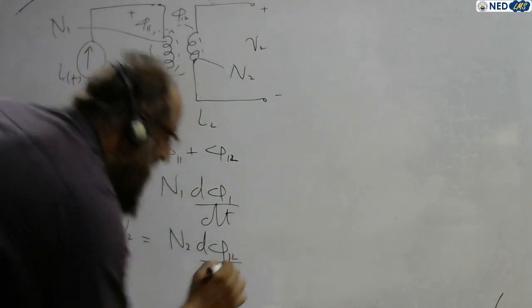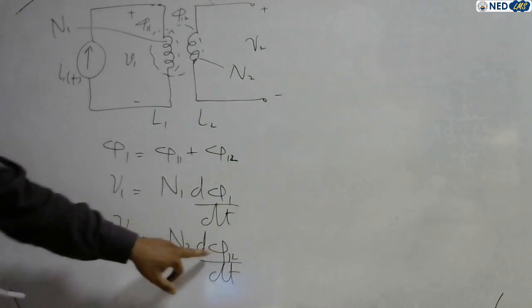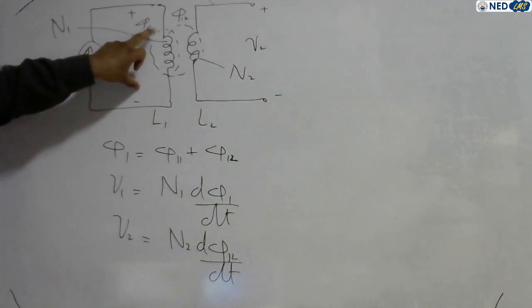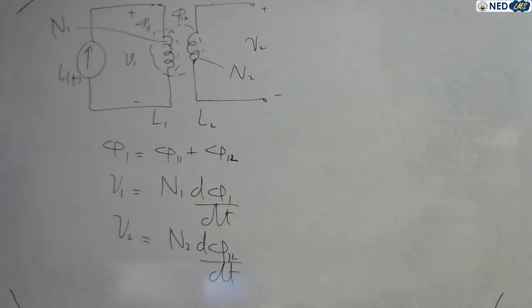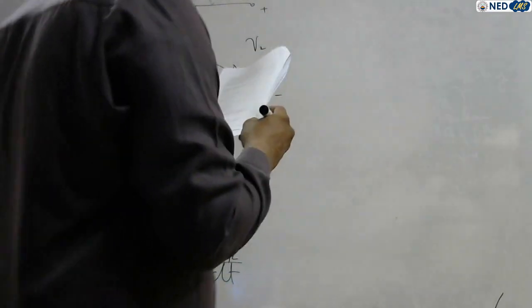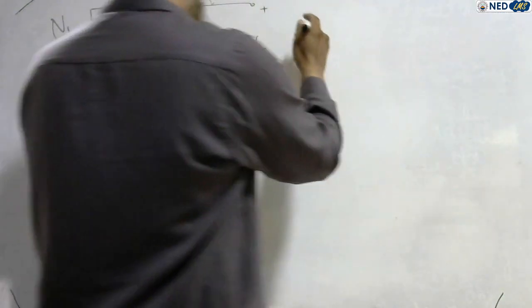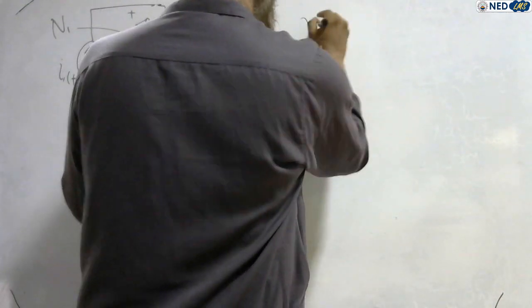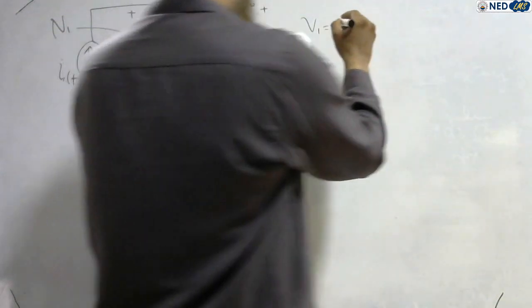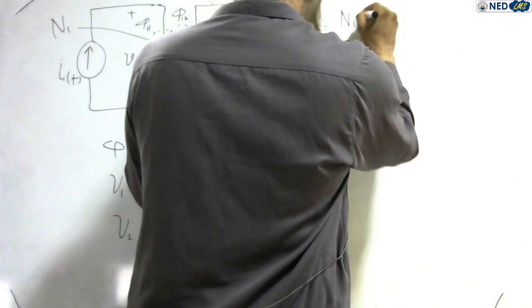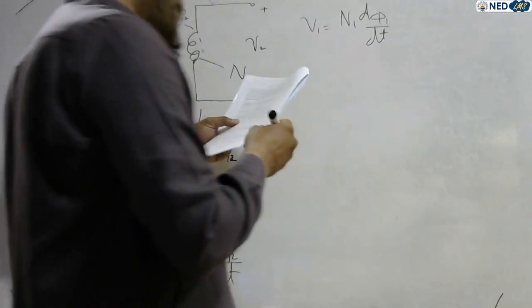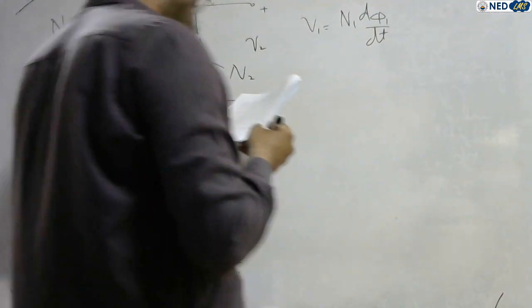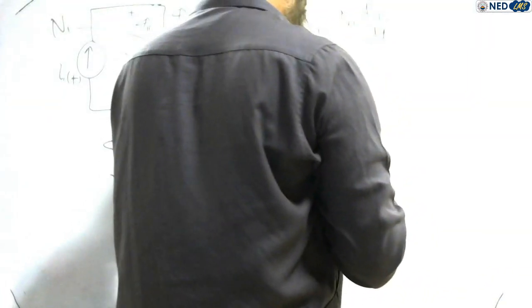Phi 12, in fact phi 12, yes. This flux is phi 12. Change in current in first coil induces a voltage in the secondary coil. See, so V2 becomes this. So again, you can write like this: V1 equals N1 d phi 1 dt,